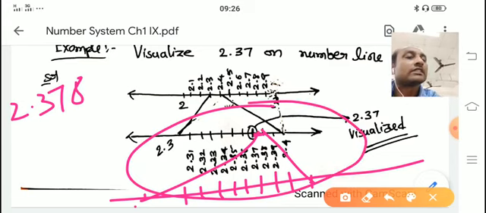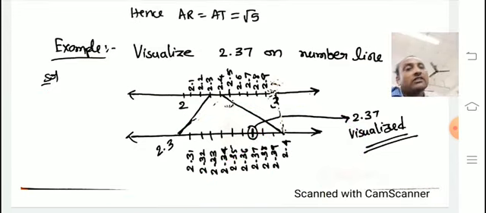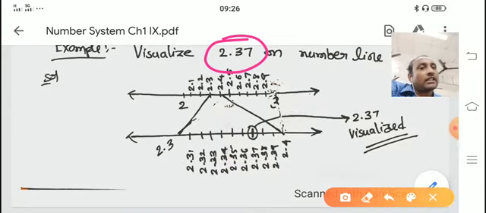You can visualize it this way. So that way you can visualize a rational number which is converted into decimal form. You can visualize it on the number line. Next,